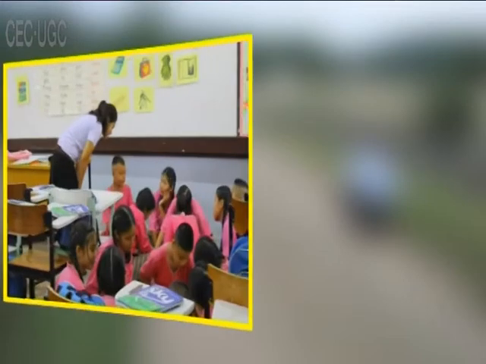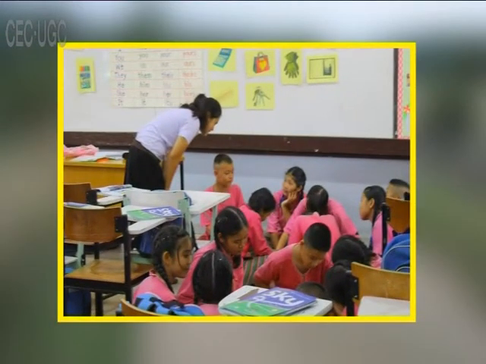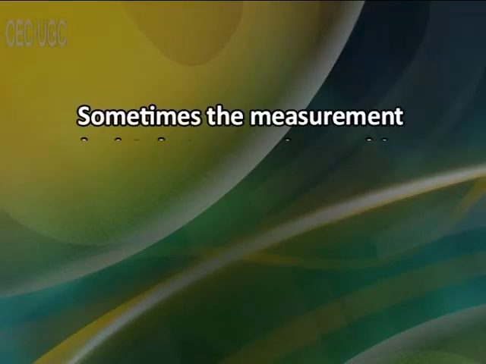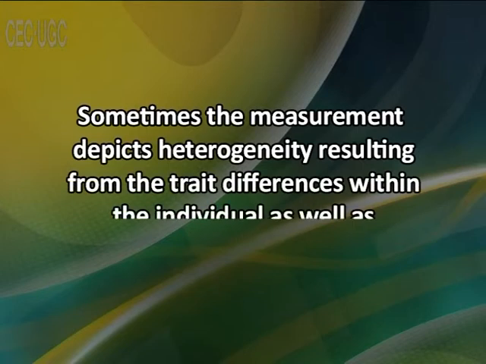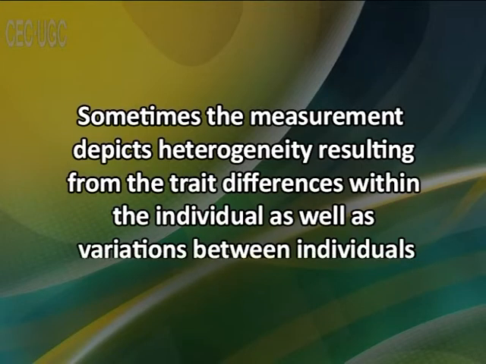With the help of measurement, the group of students can be made relatively homogeneous with respect to general ability and then subjected to standardized educational methods using uniform contents, assignments, methods of teaching, and learning and examination appropriate to the level of achievement. But sometimes the measurement depicts heterogeneity resulting from the trait differences within the individual as well as